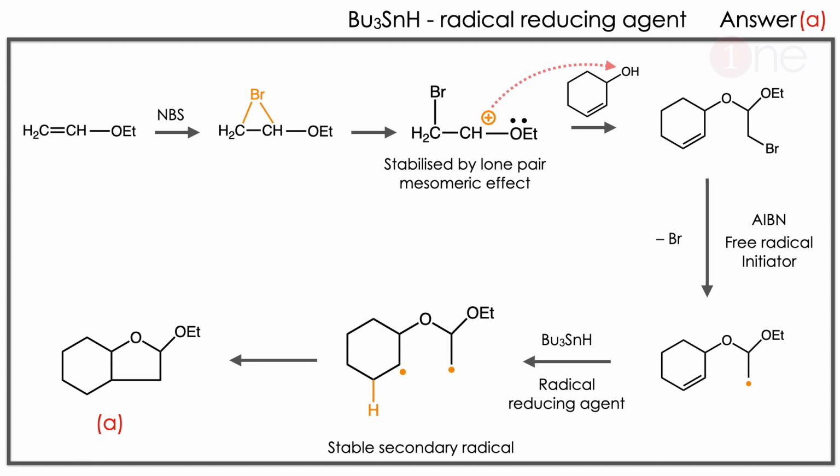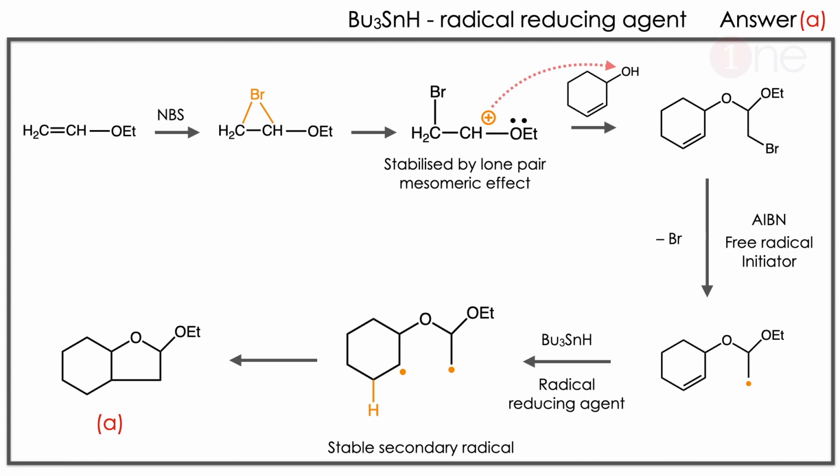Here you should know the role of reagents, then only you can understand it much better. The first step is attack of N-bromosuccinimide. Here the alkene is there, the bromine attacks, forms the cyclic product like epoxide, which is the bromonium bridged species. Here bromine can leave from any way, but bromine leaves on the second position cation. Why? Because it's stabilized by lone pair. Then the O- will attack here. So O- attacks, forms the O substitution there.